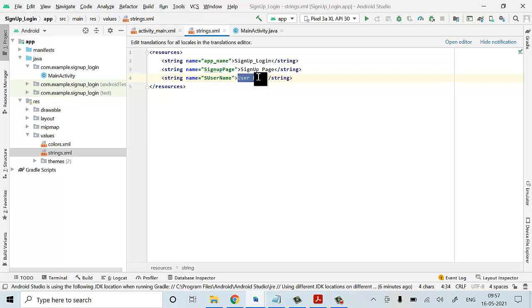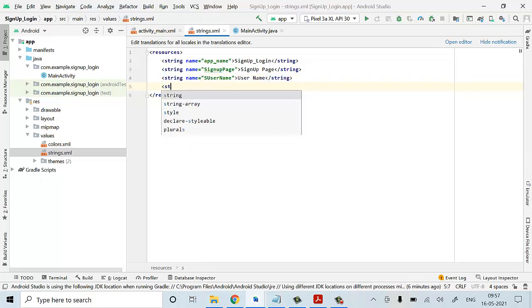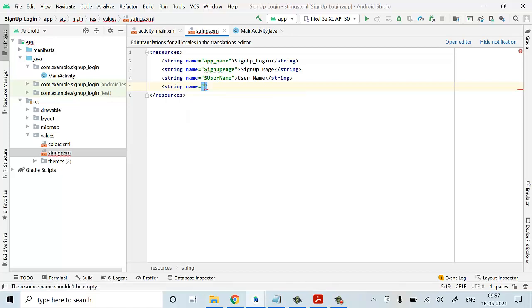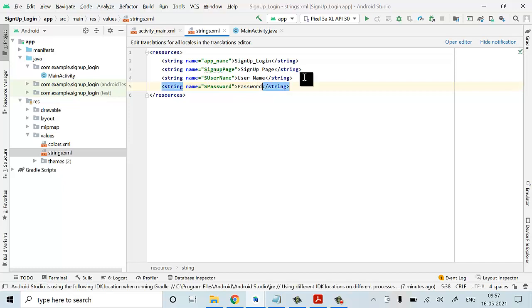Where this will be displayed on your text view. Okay, next I'll write it string, I'll write it yes password. And now I'll close this. Now I'll write it password. So now it is done.